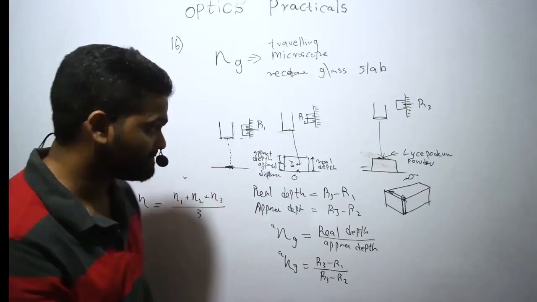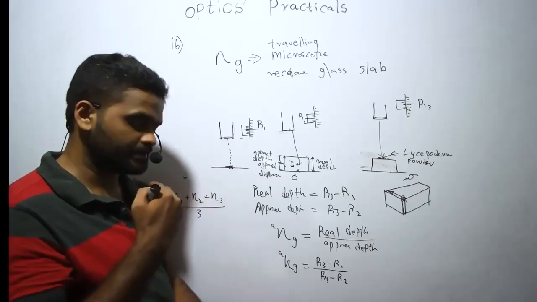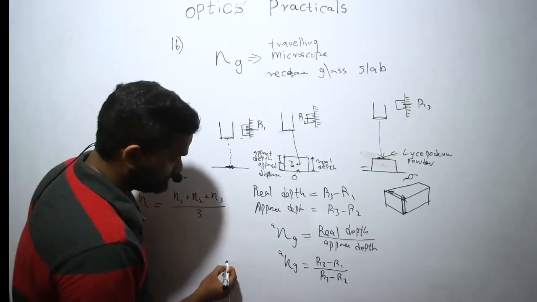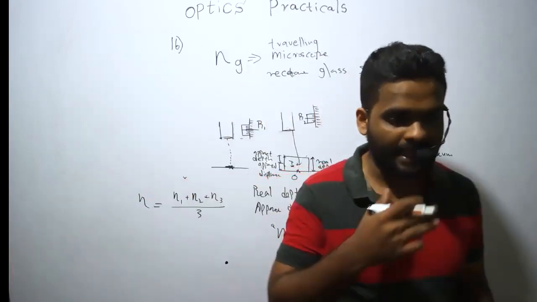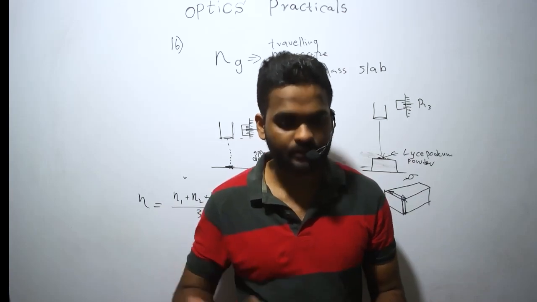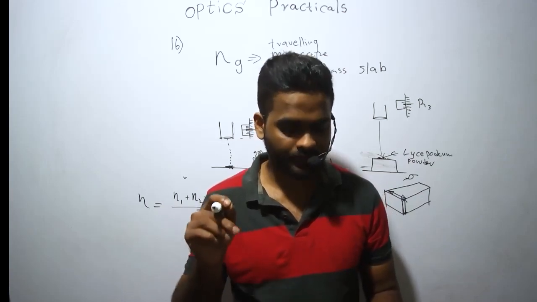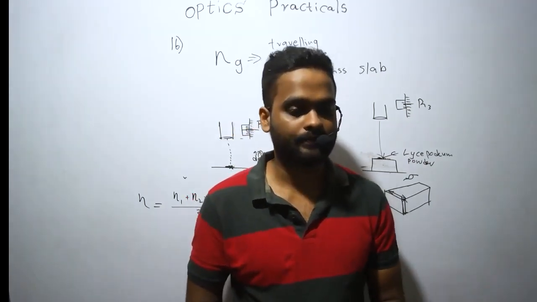Okay. Now the practical is over. Then we'll move on to some discussion points. Write down the first point. These are discussion points, right? As you are reading, you have to understand what I'm saying here. Okay, take it down. If the glass slab is rectangular,